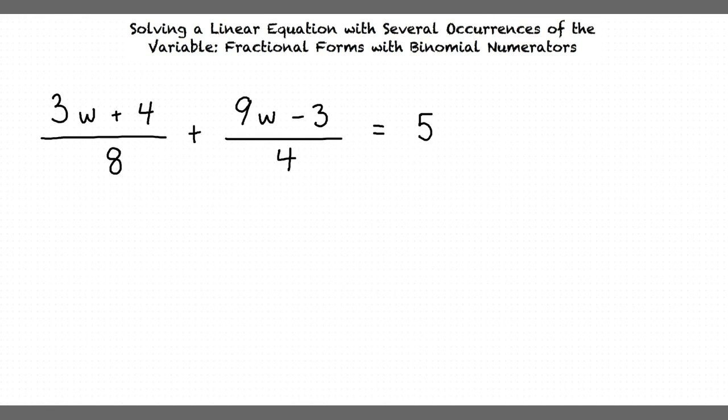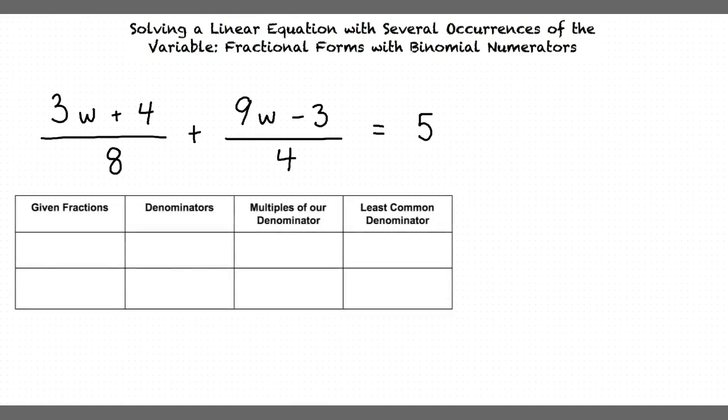What is the least common denominator? The least common denominator is the lowest common multiple of the denominators of the two fractions. To find the least common denominator, we can create a table listing our given fractions, denominators, the multiples of our denominators, and finally our least common denominator. The fractions we are given are (3w + 4)/8 and (9w - 3)/4. The denominator of (3w + 4)/8 is 8, and the denominator of (9w - 3)/4 is